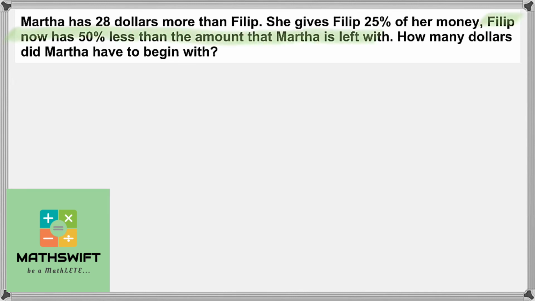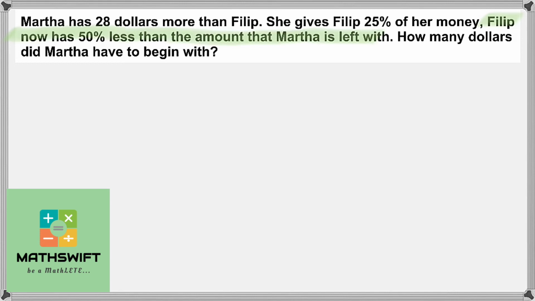Now, since you have already read the question, let's consider the last statement first, that says Philip has 50% less than the amount that Martha is left with, or we can say it this way, that the amount with Martha is double that of Philip. So the ratio of amounts, I repeat, ratio. This time we will not be talking in terms of dollars, we will consider just the ratios, and hence we'll be talking in terms of just units to simplify our calculation, and then in the end we will compare the assumed data to the actual value given in the question.